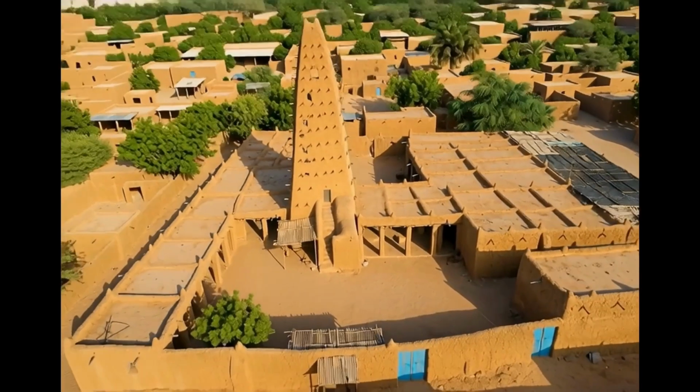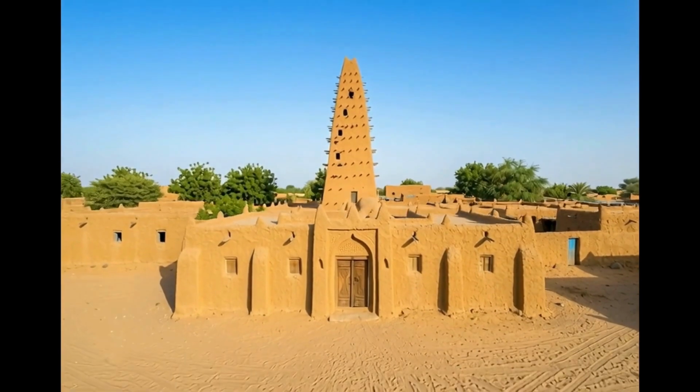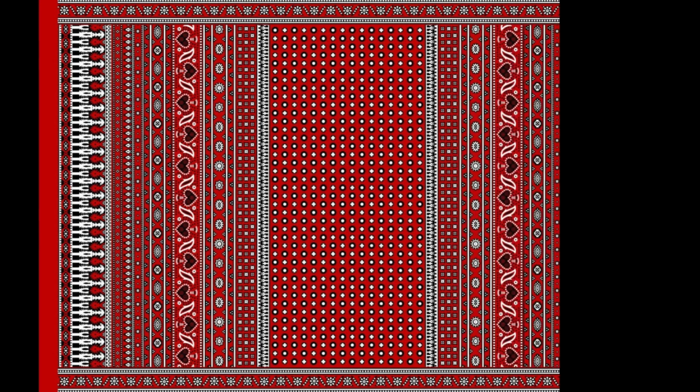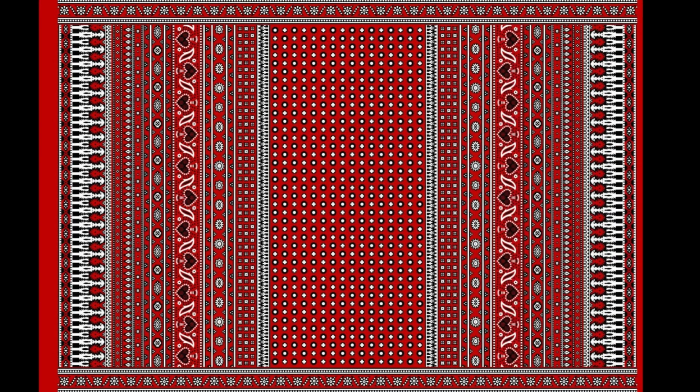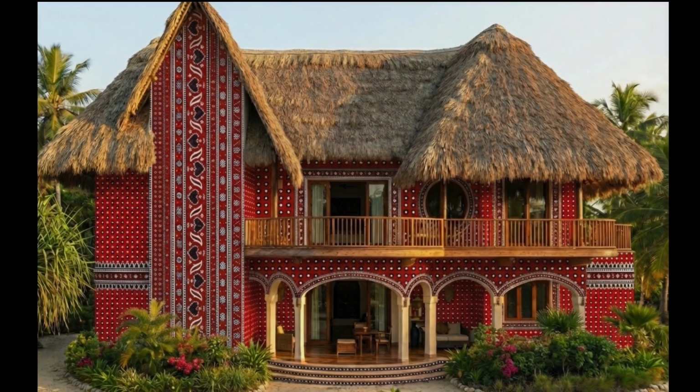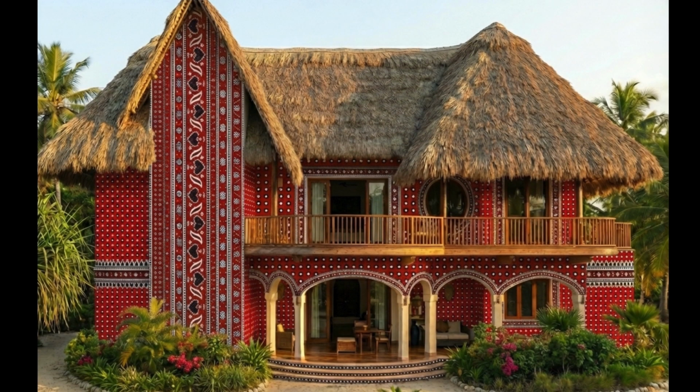If you saw a mud house somewhere, if you saw an African pattern somewhere, it could be a pattern of even your own indigenous cloth that means so much to you. Take that and think of, how can I replicate this in an actual indigenous home, and try and put those ideas together and use something as simple as AI to try and bring those ideas to life. Because once you start to see those ideas come to life, then you start to see the big picture.